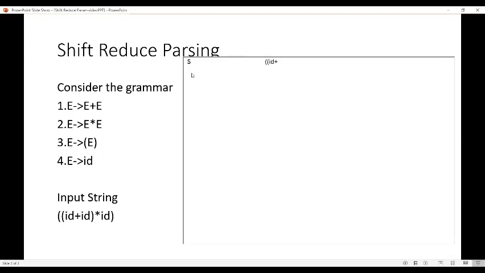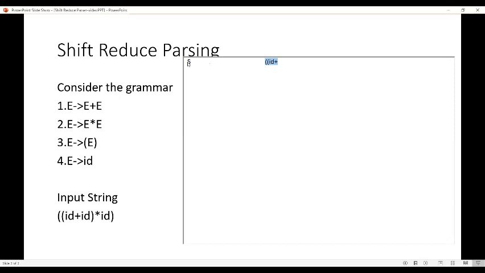So we need two data structures, stack and input buffer. Stack for storing and accessing the production rules, input buffer for storing the input string. So let's make two columns. The first column represents stack content. The second column represents the input string.